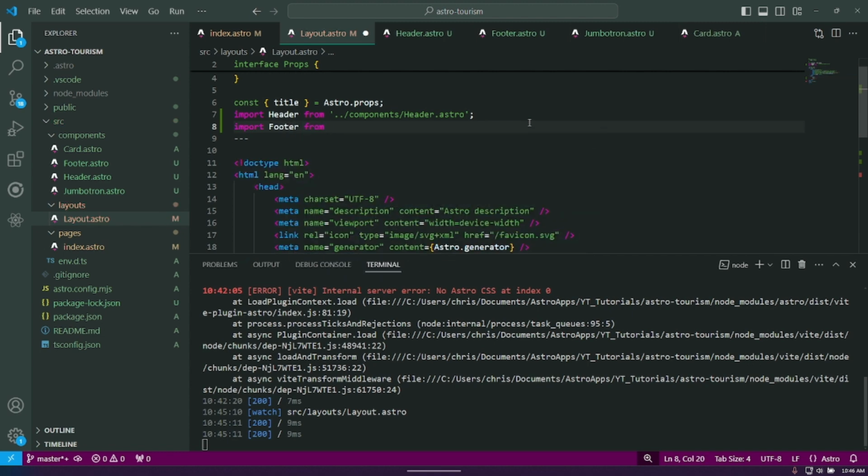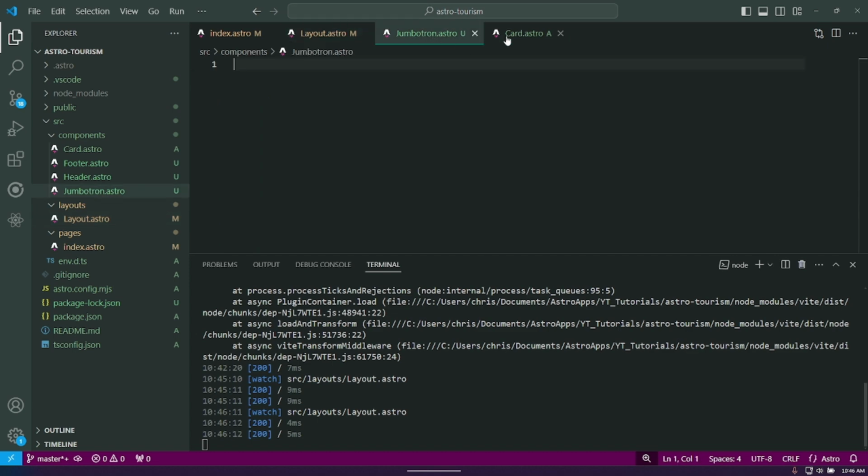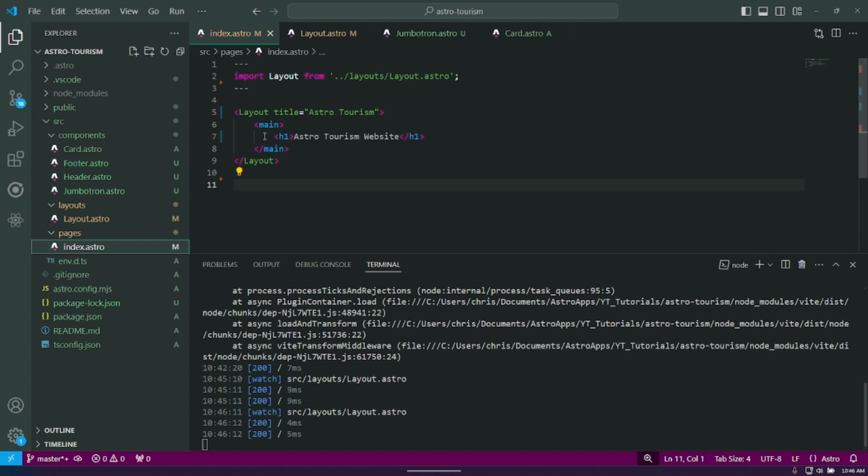F-O-O-T-E-R from. Okay, this time it didn't auto import, so we want components.footer.astro. Here we go. Excellent. So at least that's going to be consistent on all the pages. So we want those. But now the jumbotron and the card, we want to go into our index.astro and we want to import